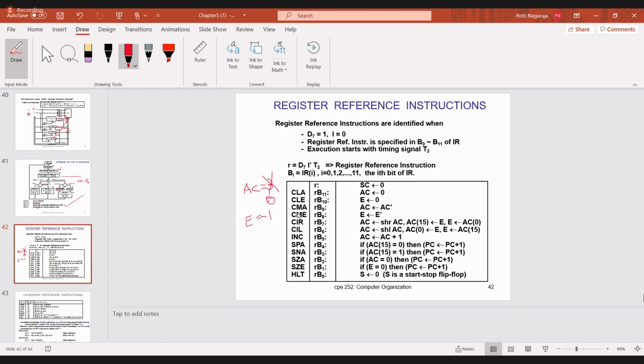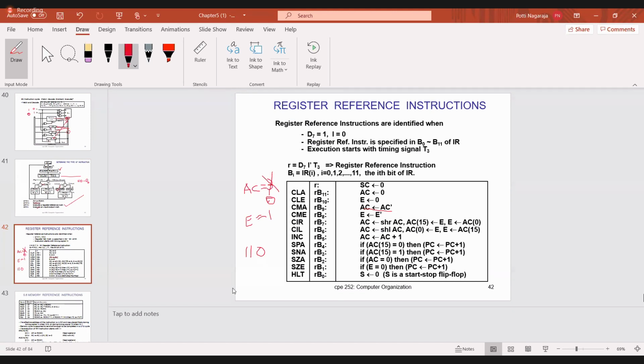Then CMA, you can see the result and tell easily, just read a little. By seeing this result, the complement of the accumulator is stored in the accumulator. Suppose the accumulator contains 110. Now execute the instruction CMA.